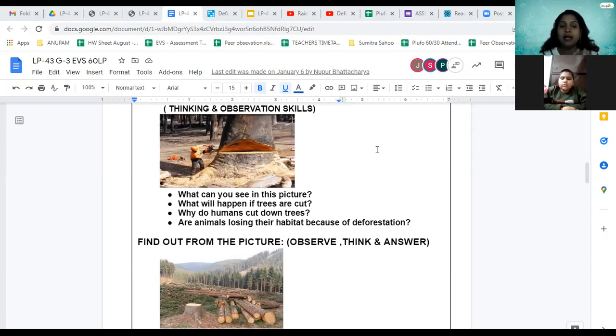And now also deforestation is happening because we are constructing buildings and setting up new towns and shopping malls. So we want a large area. So that's why deforestation is happening. We are cutting down the trees, right? So what happens if we are cutting down the trees? Then it is a very bad effect. It will happen to our environment.